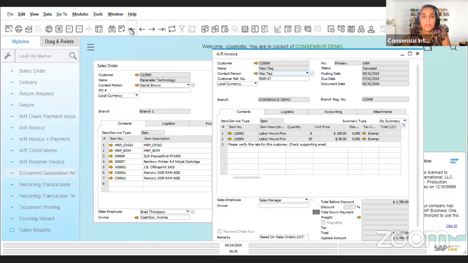These arrows help you navigate to the next record, the last record, the first, and the previous one. This icon is used to refresh your document. These two that right now are grayed out because I'm not in a list. I'm not showing a list of items or documents or records. These you can use to filter or to sort. The next two are used to take you to the